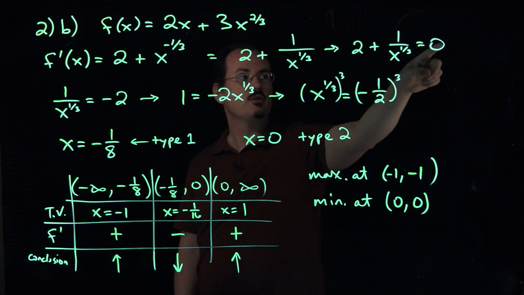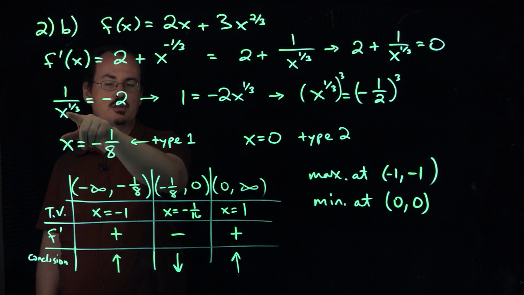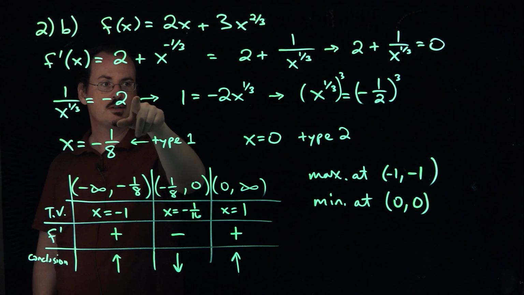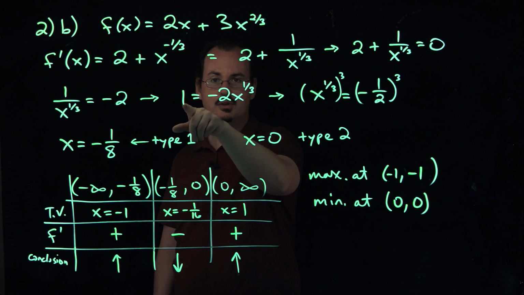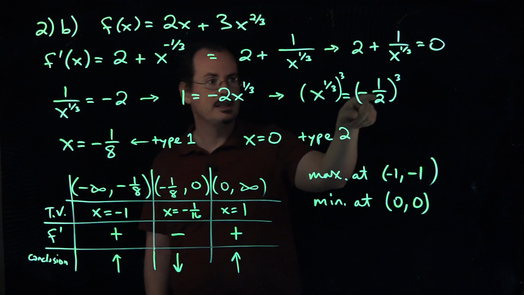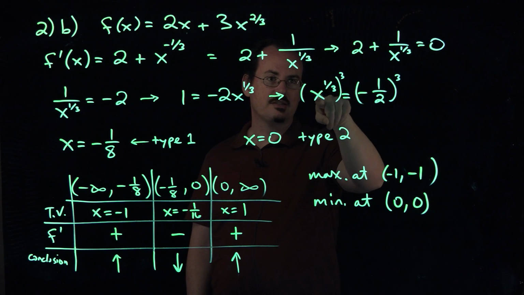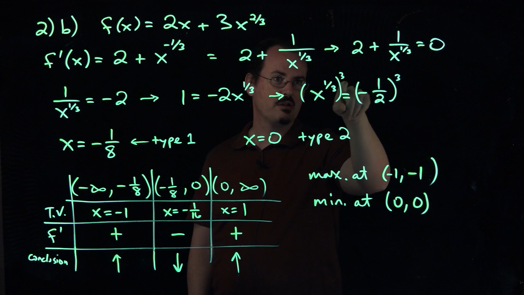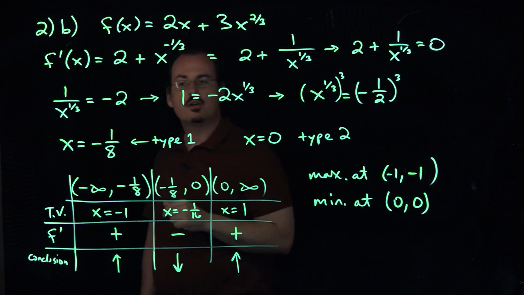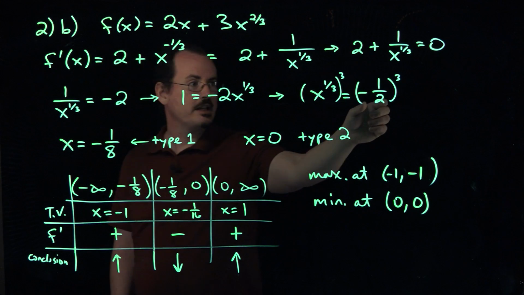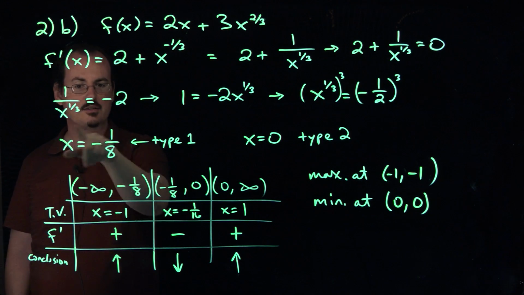To solve this, we're going to move that over to the other side. So we'll get a -2 there. And then I'll multiply both sides by x to the 1/3, and then divide both sides by 2, then I get that equation there. That's x to the 1/3 equals -1/2, but in order to get rid of that 1/3, we raise both sides to the third power, so that if I raise -1/2 to the third power, I get -1/8, so that's critical,